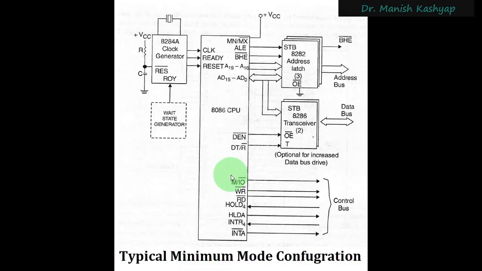Then we will move on to this minimum mode configuration. You have the 8086 microprocessor, and to be able to start a microprocessor, you simply need a clock. So this clock is there, and after that, you have to interface some external devices. These devices will help you to latch the address, and maybe you will have a transceiver coupled with the data bus to receive some data from the external peripherals, etc. So these are the basic minimum things that your microprocessor needs to start, right?